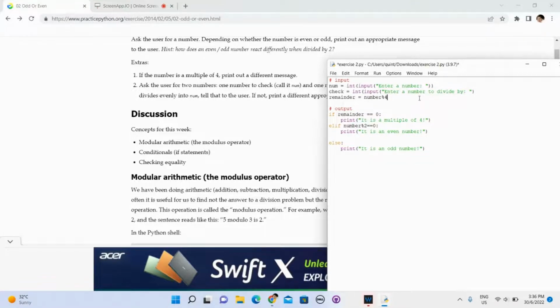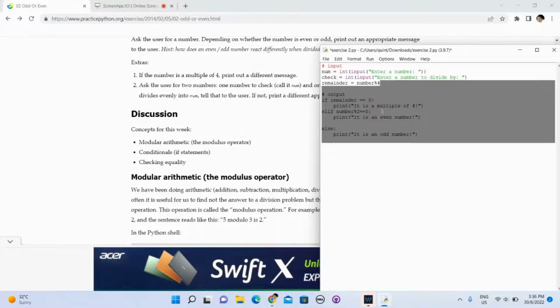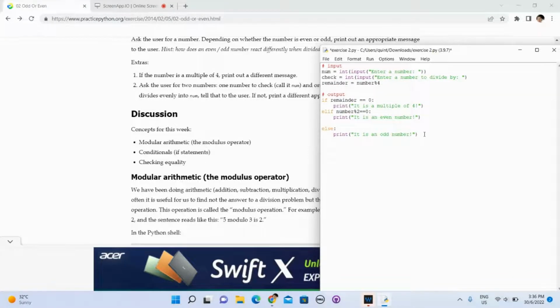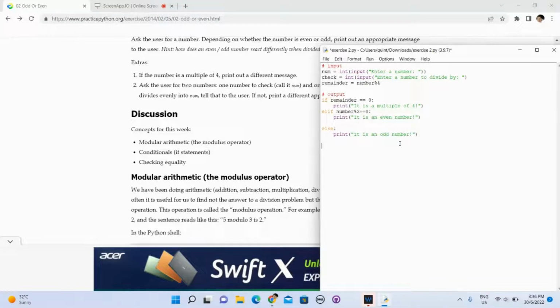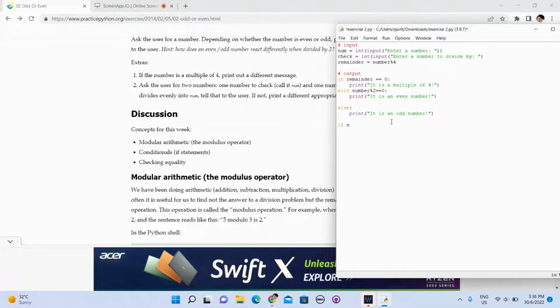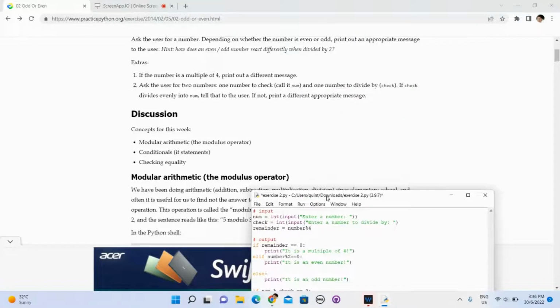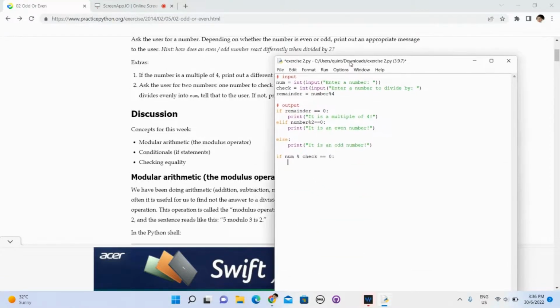Wait. So after here, this is what? This is a condition, okay? So we need another condition that does not associate with this. So first, you check if it is divisible. So if num modulus check equals to 0, we should tell that to the user. So we should print, should tell the user that num